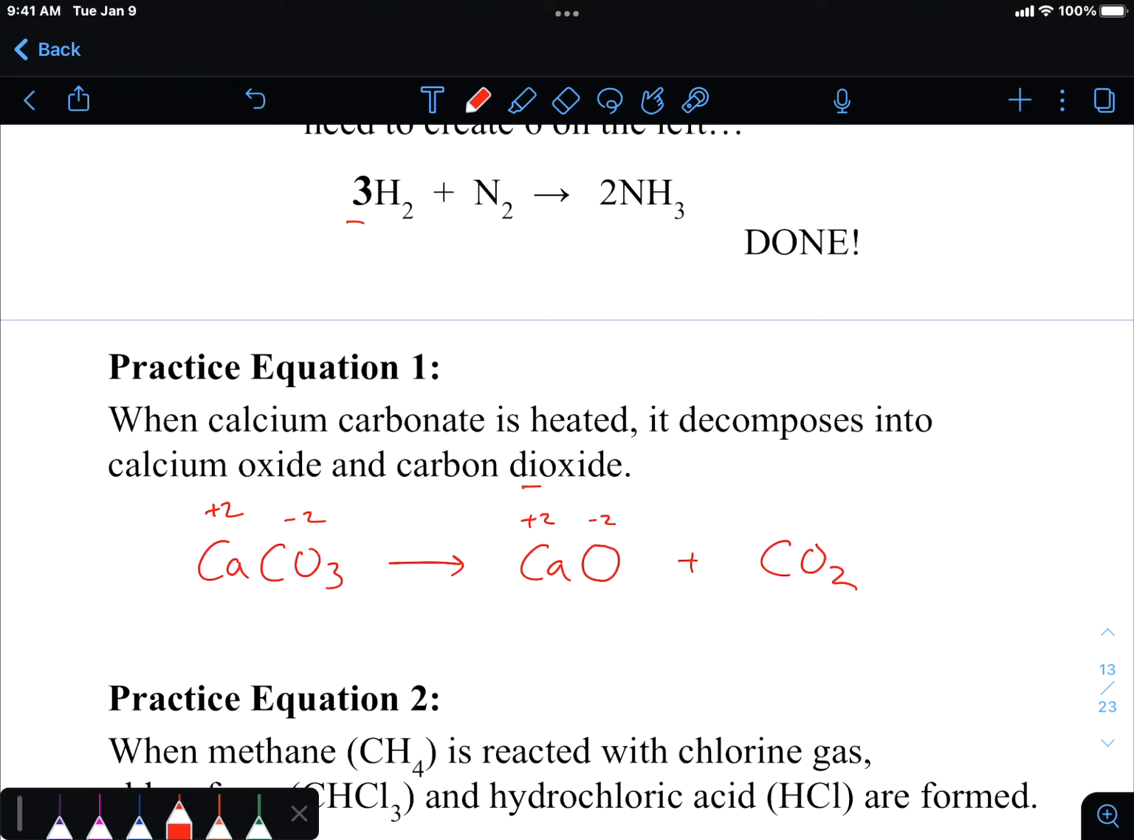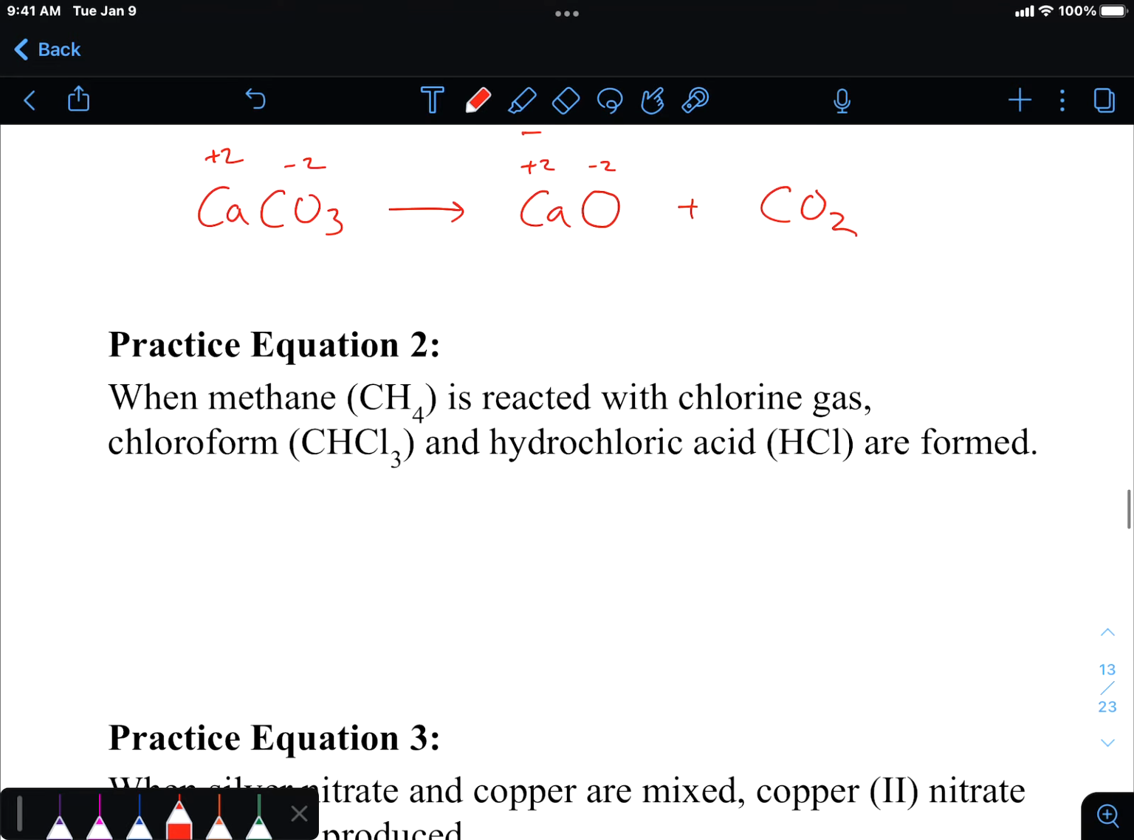Okay, let's try another one. So when methane is reacted with chlorine gas, chloroform and hydrochloric acid are formed. What are my reactants? Methane and chlorine, yeah, the things they say are reacting, right? So CH4 and Cl2. Notice I put that subscript of 2 because chlorine is one of the diatomic elements. All right. And then they tell me what the products are. Chloroform, CHCl3,